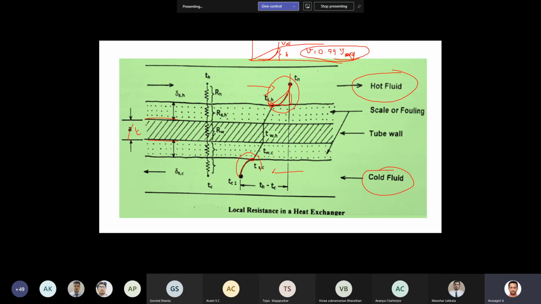Similarly, the thermal boundary layer you have to define with delta T values. Okay, so here the variation is there. This is your hot fluid temperature variation and cold fluid temperature variation. This is your other one, that is scale fouling. If you have a clean exchanger, what happens? This would be your profile, so you don't have any thermal resistance. But in the process industry, the loss is on the higher side because of this fouling.